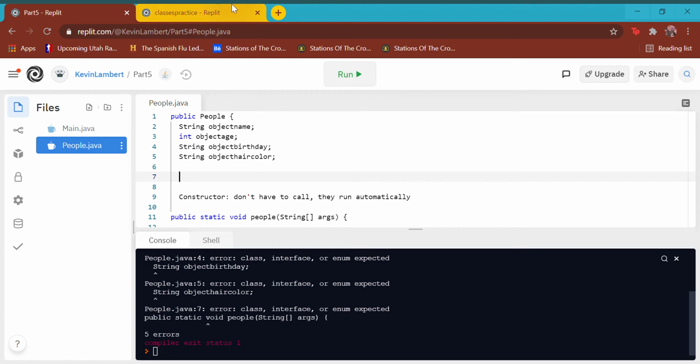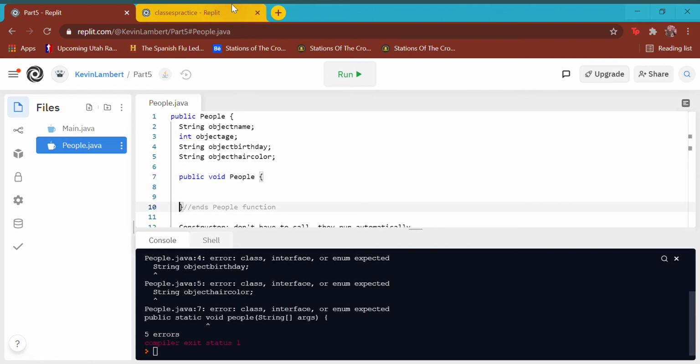object in that class. And so we do have to write public void like we did last week, and then we just name it People, capital P, and then just 2 brackets. And remember to add your comment that this ends People function. So you could keep track of this little ending sort of branch here. So it's People, and then in parentheses, we're not going to put anything right now. And the arguments are going to be System.out.println, and then we're going to say something like